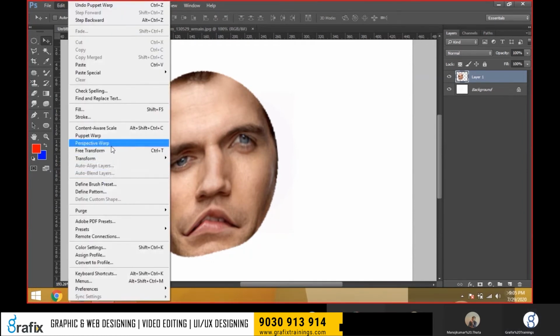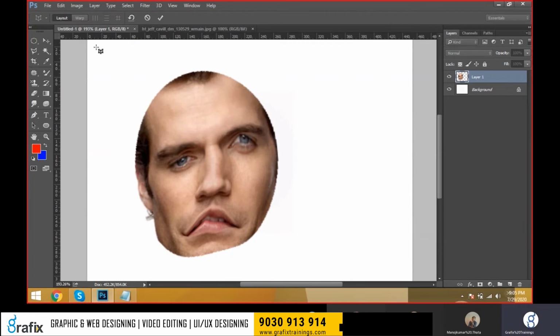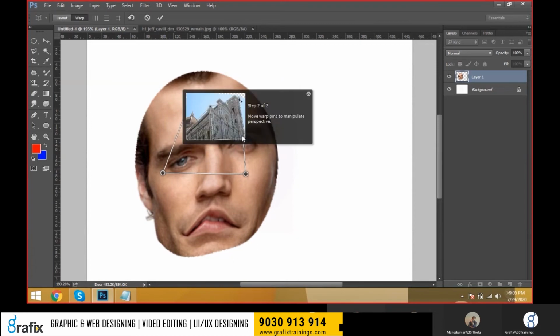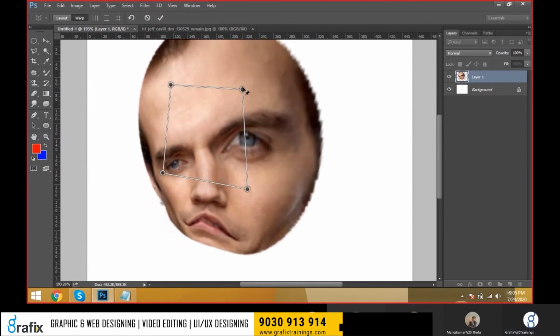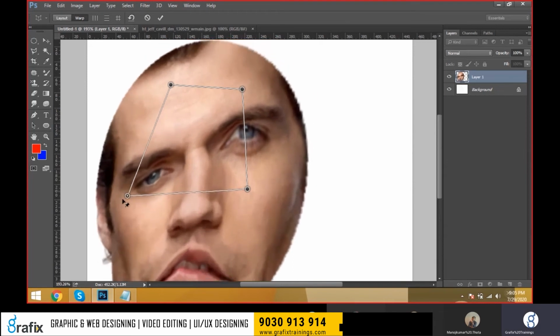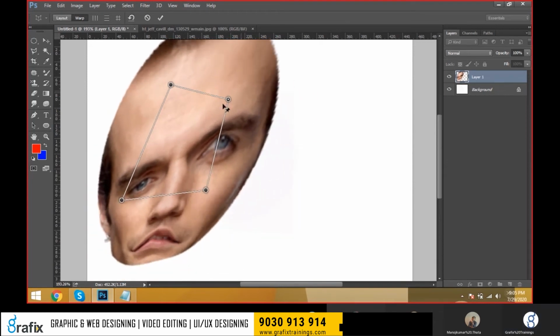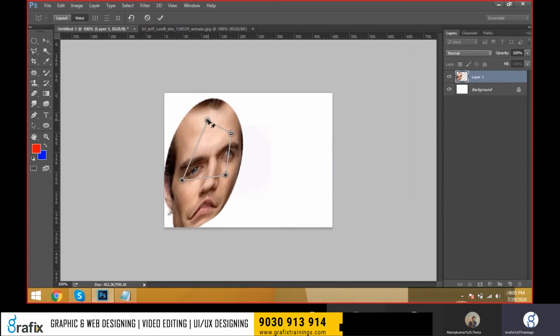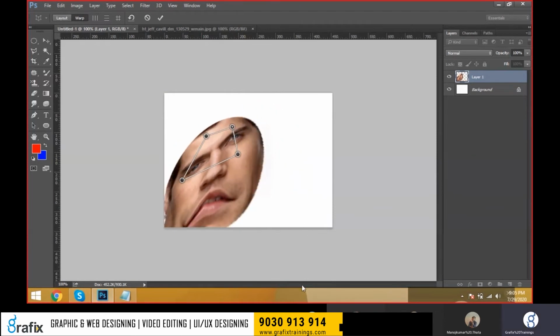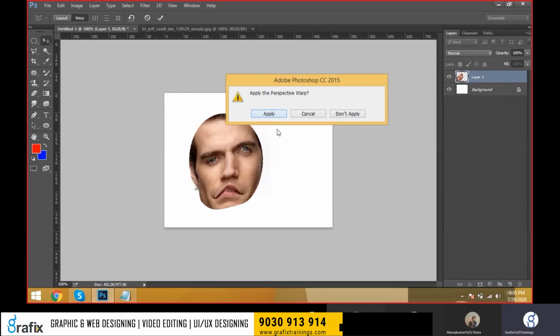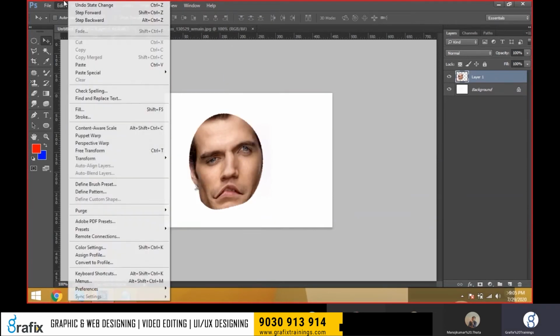Come to here, perspective warp. This is the perspective warp. Just make it warping. Just double click on the object. See, like this we can warp the object, like perspective view. Control minus to zoom out the document. This is called perspective warp. Apply. The content aware scaling, puppet warp, perspective warp, these are all the options to distort the image